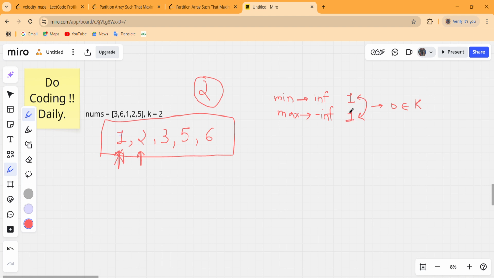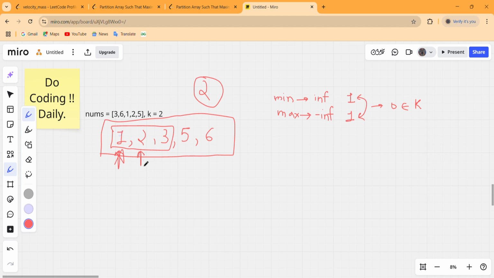That means this is only a single partition. That means all these elements are in a single partition, and now this I is pointing to this 2.